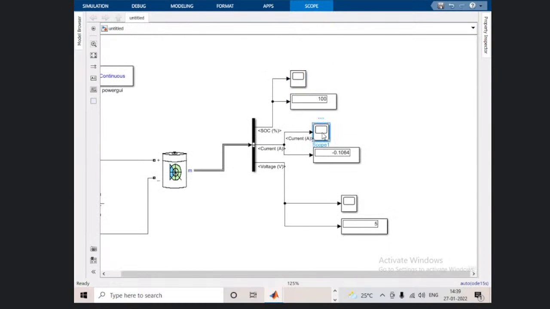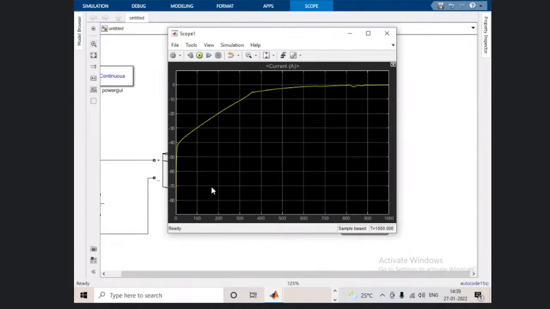Let us check with current. See the graph of current. It was continuously increasing up to this much value, and then it keeps increasing in an inclined way, and it is moving on increasing in an inclined way. And this graph is continuously